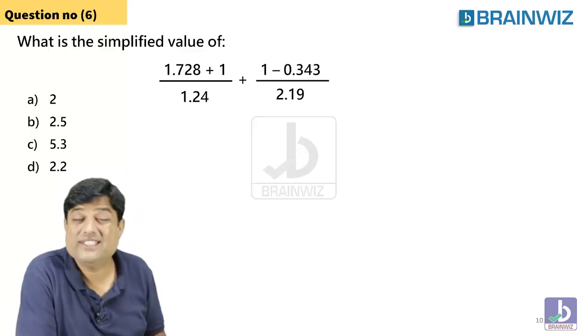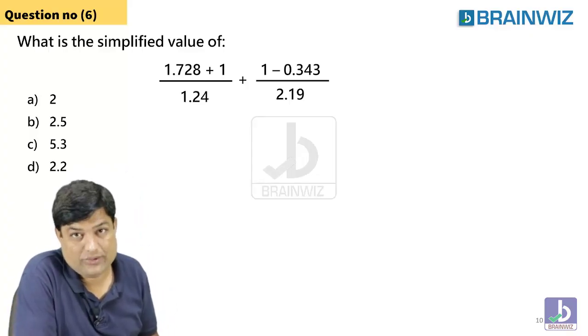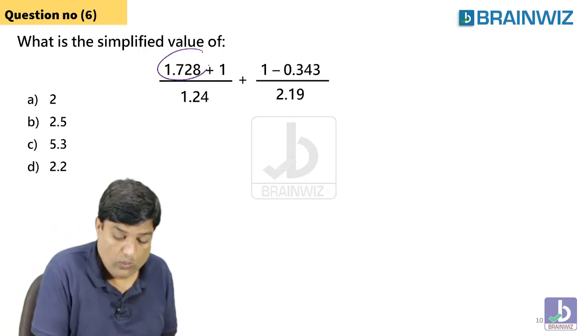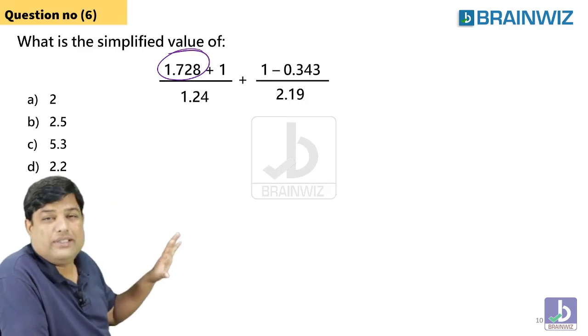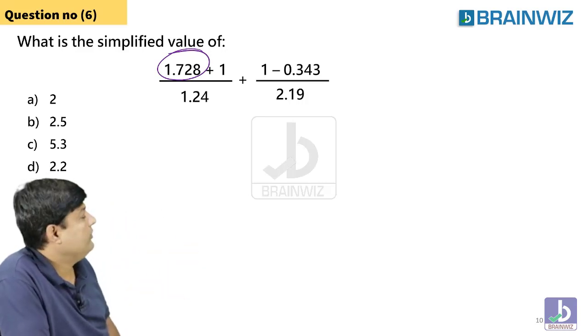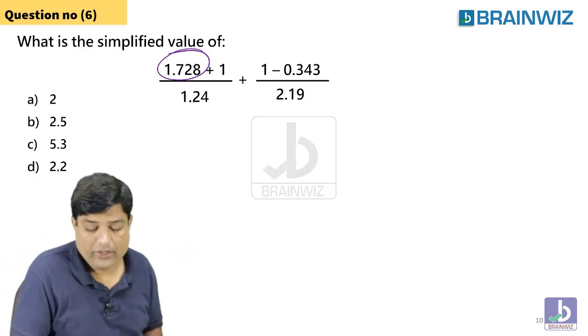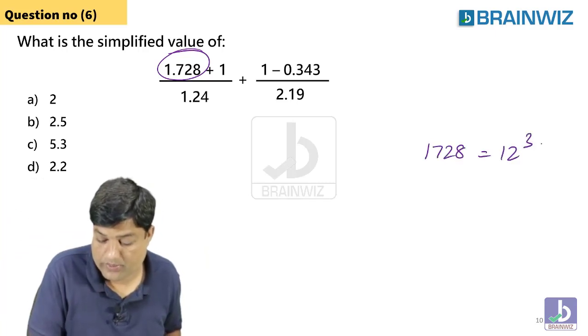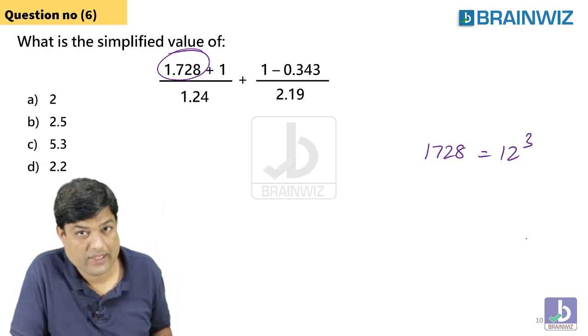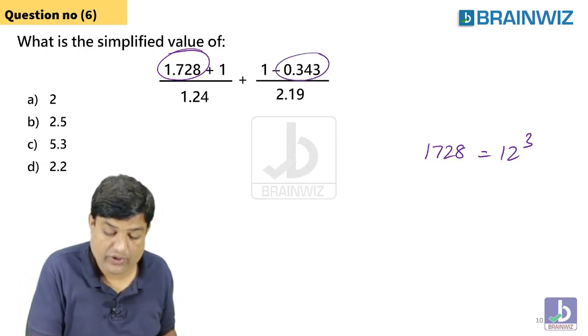Again, one more question which is based on algebraic calculation. Here he told you that 1728. So guys, you should remember certain squares and cubes so that it will be very helpful for you. Whenever 1728 appears, we have to call it 12 cube. I believe you remember this. In your school level, you have learned what is 343 also.